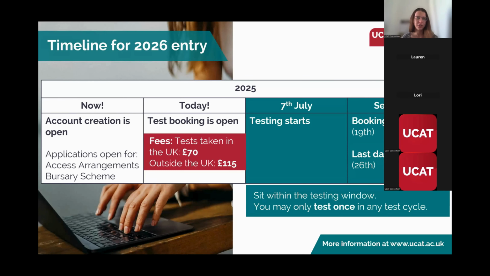On this slide, you can see a timeline of important dates, and it's really important that you are aware of these because we don't make any exceptions to our deadlines. So our deadlines are hard deadlines, so make sure you set reminders in your phone or whatever helps you to not miss those deadlines. So account creation already opened